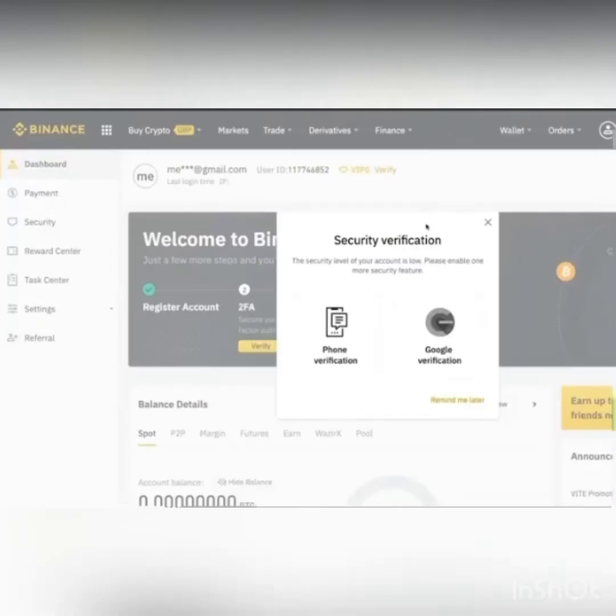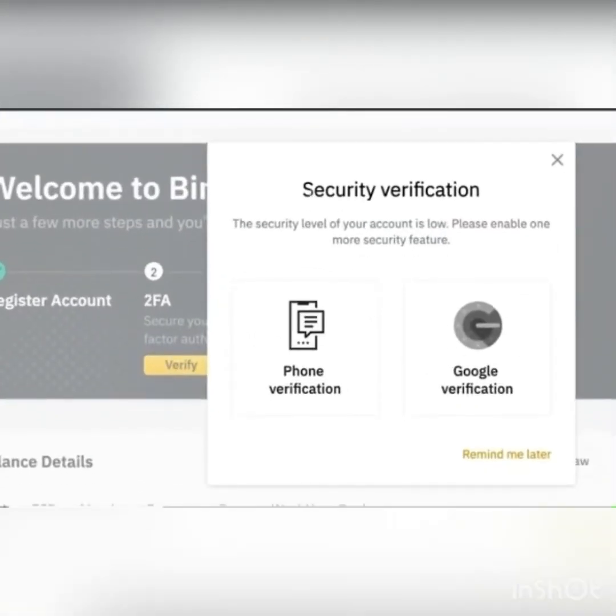Then we get to our Binance account, and the first thing that Binance wants us to do here is increase the security level of our account by adding two-factor authentication. Now what that means is that in the future, when you want to log into your Binance account, you're not only going to have to enter your password to get to your account, but you're also going to have to enter a one-time code that you'll be getting on your mobile phone either via text message or via the Google